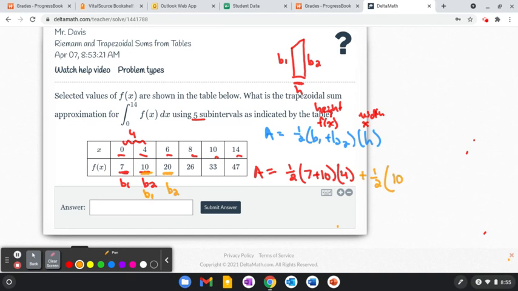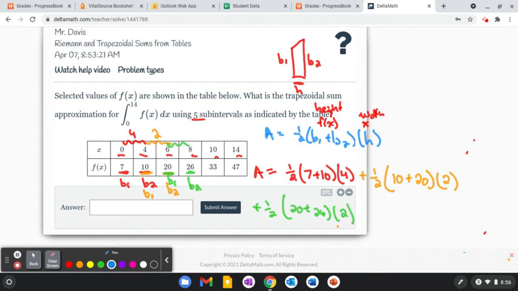So we've got 10 plus 20 times our height, which is the change in the x. 6 minus 4 is 2, so times 2. Plus, drop down for our next one, 1/2. Hopefully you're starting to get the hang of it. Now we've got this 20 is our b1, and that 26 is our b2. So 20 plus 26, and then times the width, which is 6 to 8, which is 2,